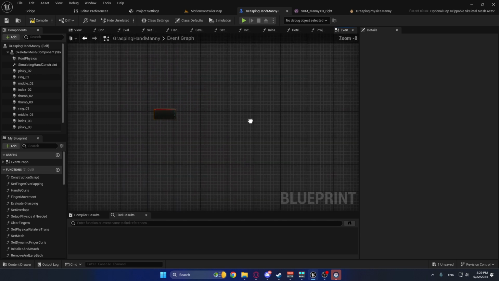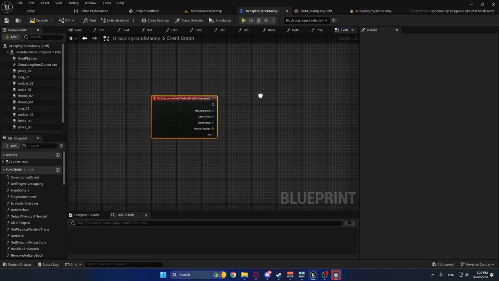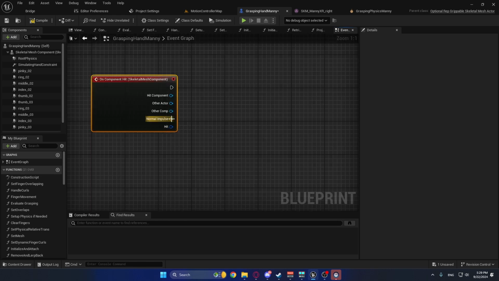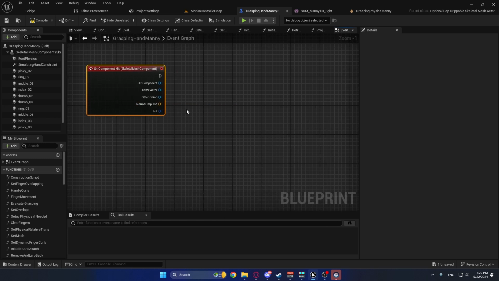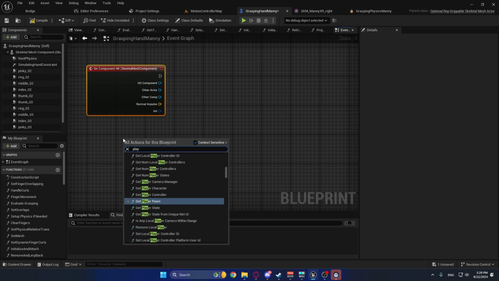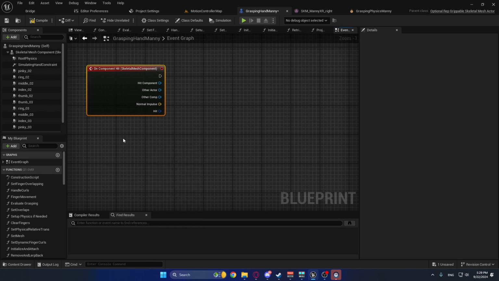Okay, now we have our on component hit, and what we're going to use is this normal impulse, and it's just basically going to have this value that's how deep we're pushing into the wall, and it's going to be in the normal direction. So what we're actually going to want to do is take our player controller, or our player character in my case,